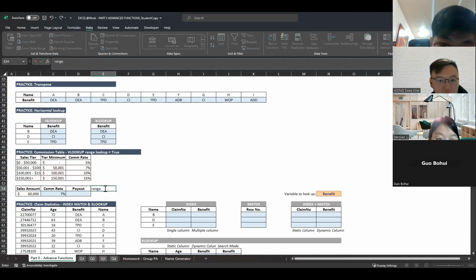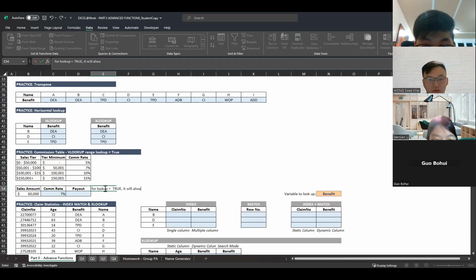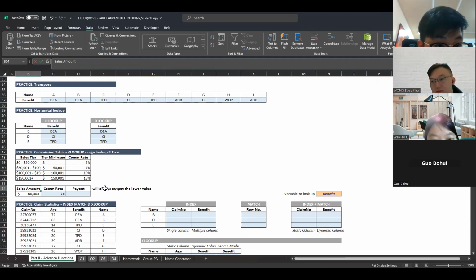For range lookup equals to true, it will always output the lower value. If you have some sort of idea there, output the lower search value.